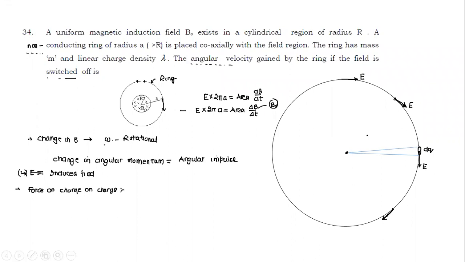So conceptually, since there are so many different elements involved, if I have to do it step by step, I'll take a small element of the ring, a small element which makes an angle theta here. What is the force which will act on this small element? So I take a small element here. All of you understand why you have to take a small element. And for anything which is circular in shape, we take the length as r d theta.